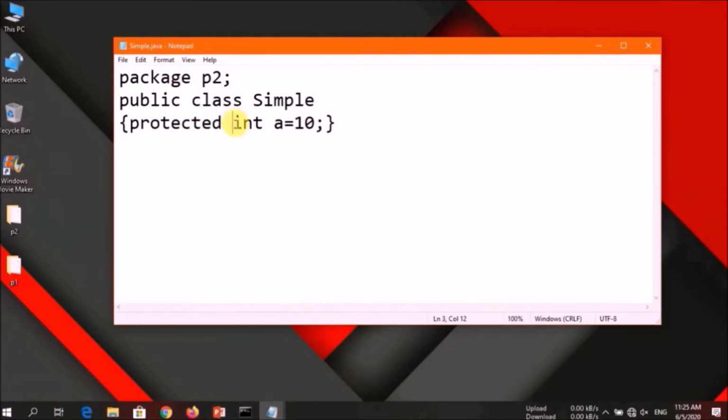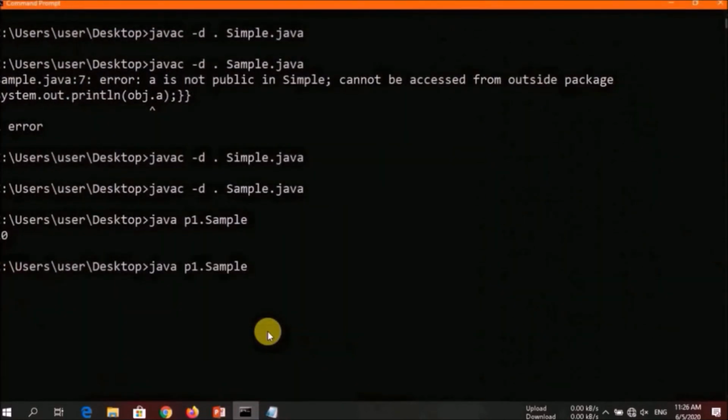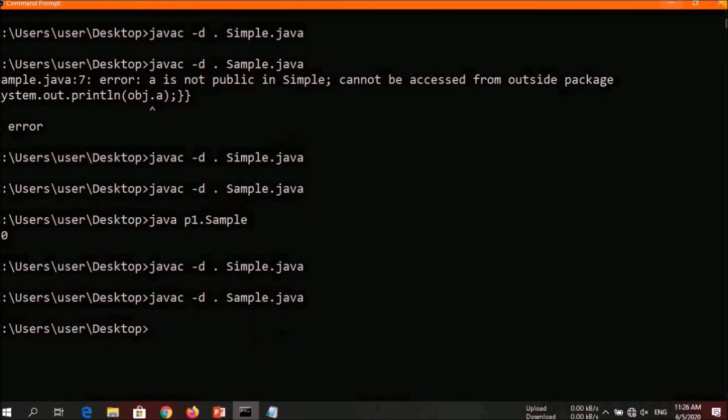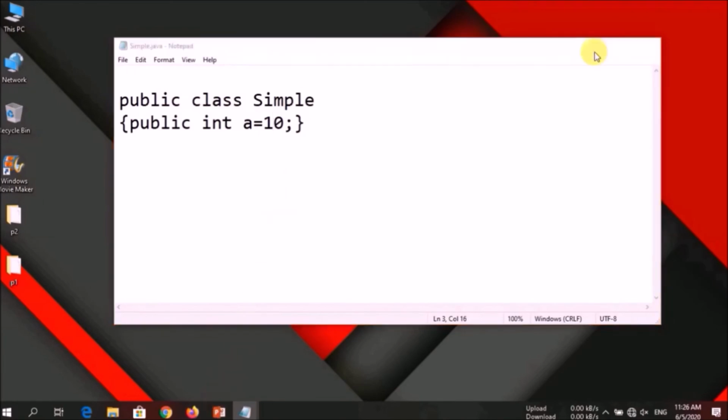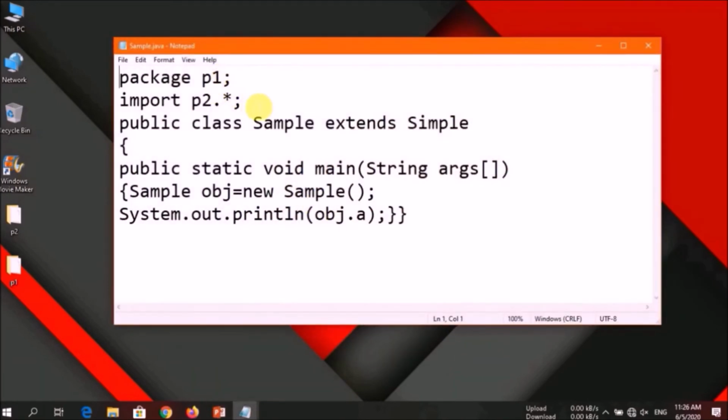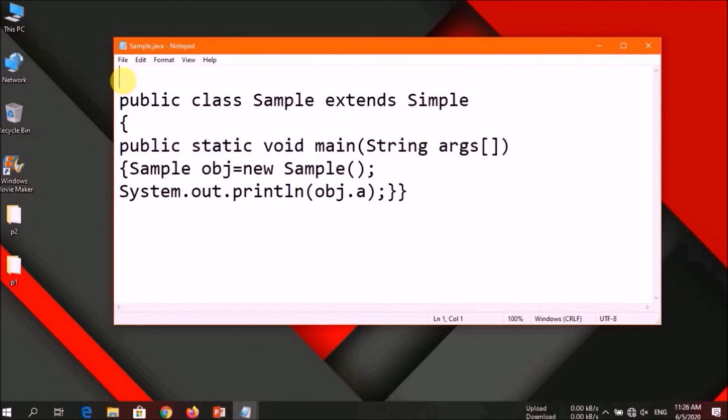So if you replace the protected keyword over here with public, it will do the same. Okay, and even if you remove this package name, and save it, and remove this also, you can do the same.